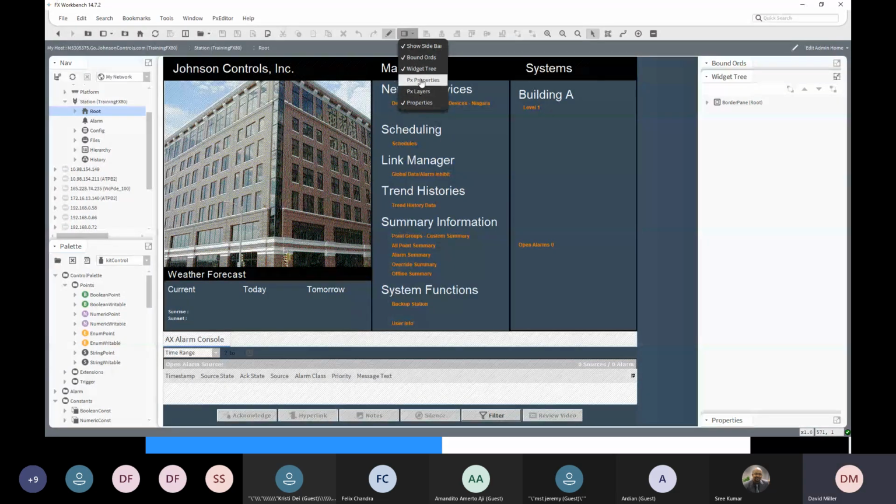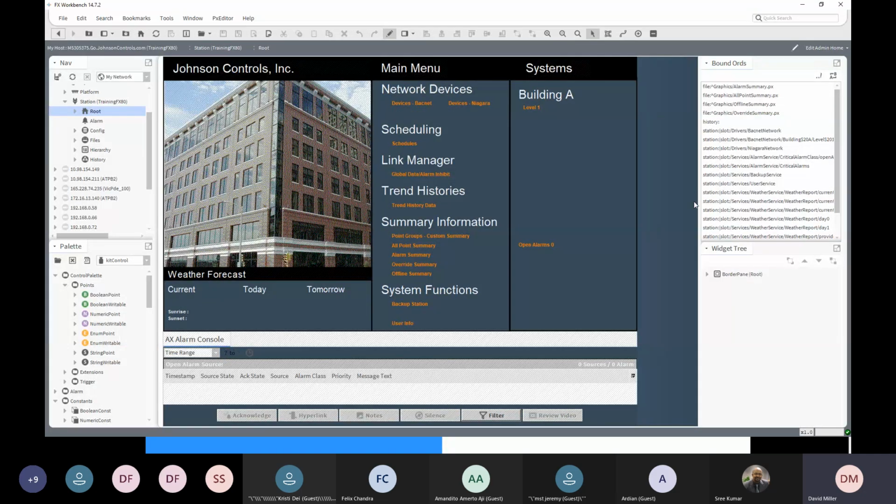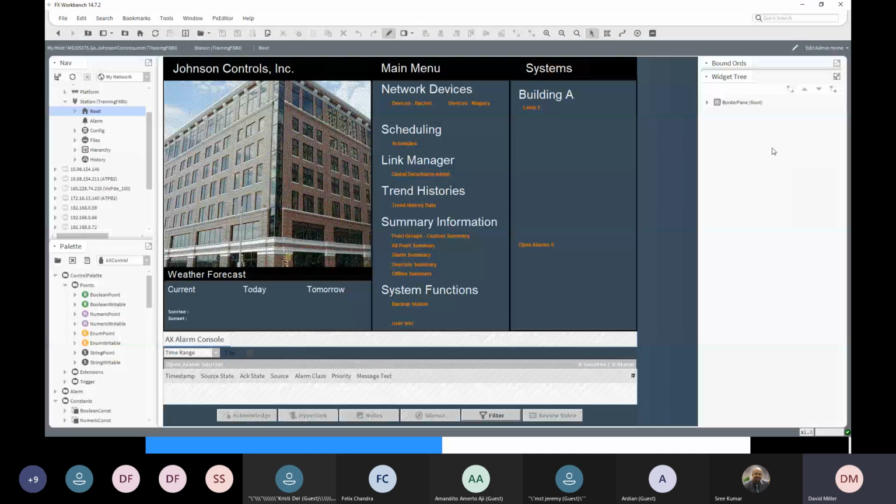Currently we're showing the bound ords palette, the widget tree. We're not showing the properties or the layers, and then we can show individual properties. So if I untick that box, now I'm just showing two things, the widget tree and the bound ords. If we look at the widget tree, a graphic consists of a list of widgets. The very first widget